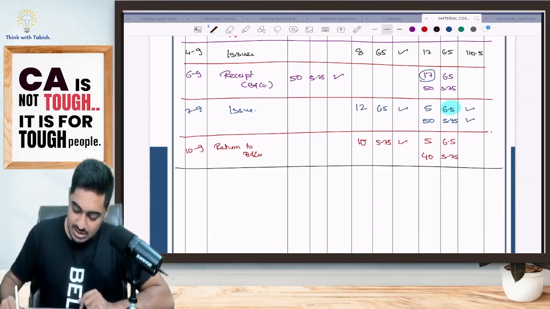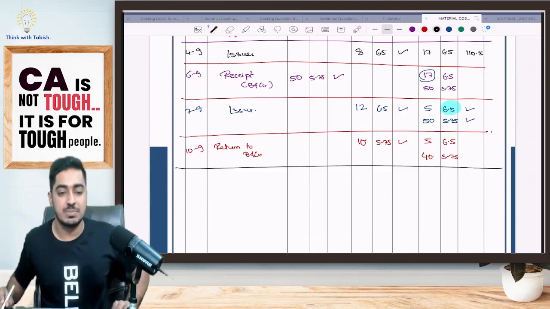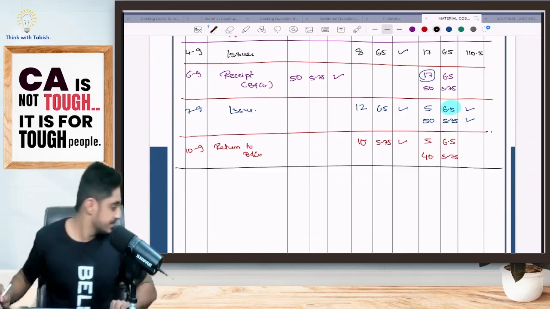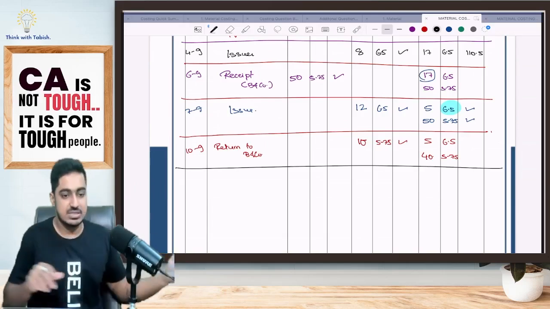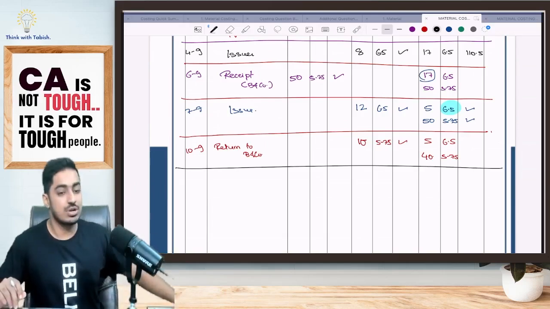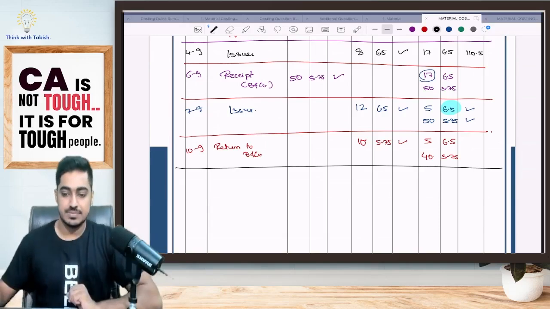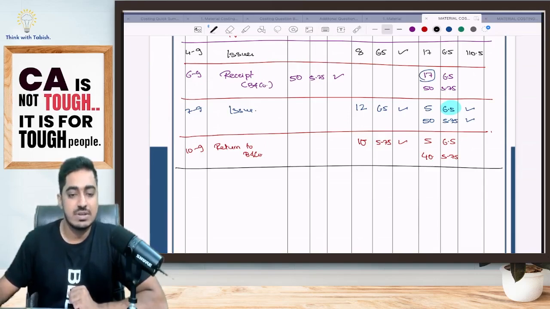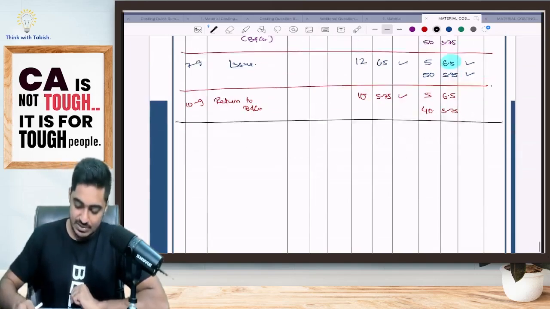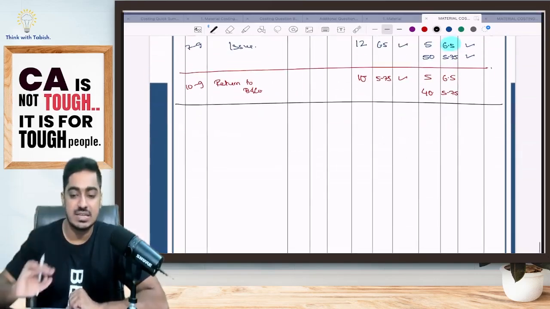Yes or no, everyone? My mobile is giving me notification. Let me just keep it on silent. Just a second. Yes. Our electronic devices should not distract us in between our studies. Sir, will you share this question in the group? We'll share, dear. Don't worry. Okay. At the end of the session, you guys just give me a reminder to share the files. Okay. I will share all the files. Don't worry. If possible, I'll merge all the files and share it as a single file.